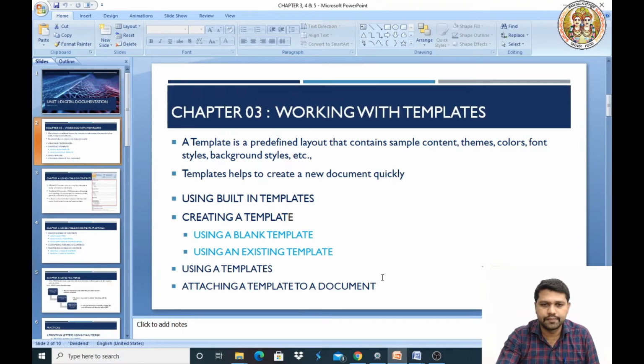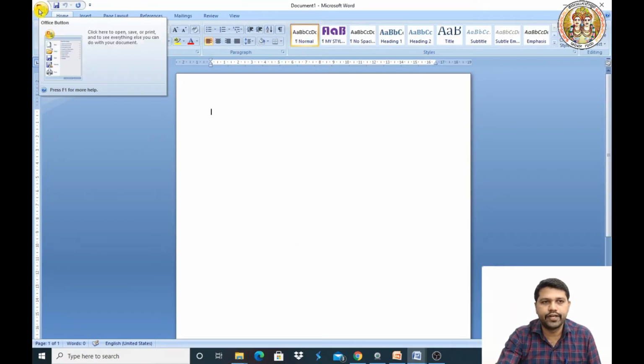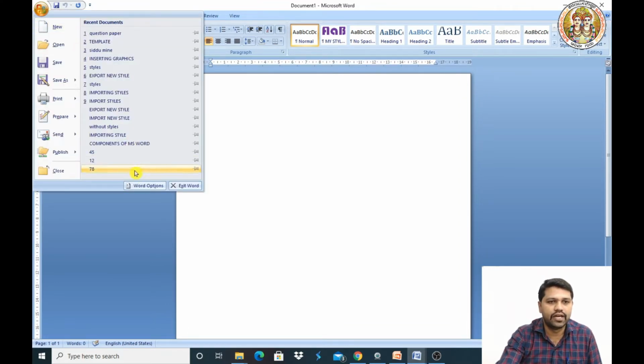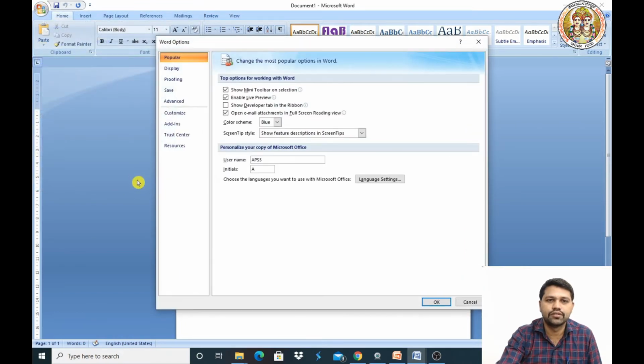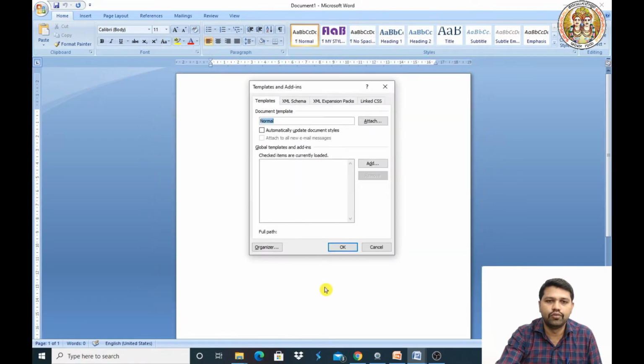And the next is attaching a template to a document. Let us see how to attach a template to a document. For that we need to follow some extra steps. Click on Office button and here we have the option Word Options. In that click on Add-ins and here Manage Templates. Click on Go and here